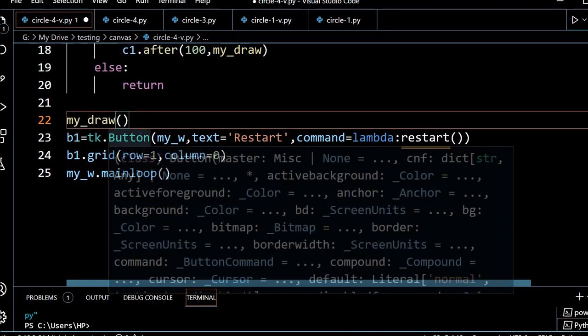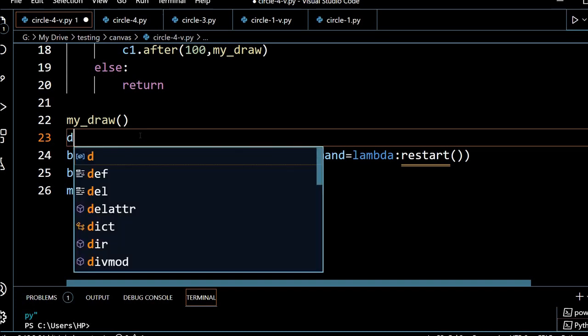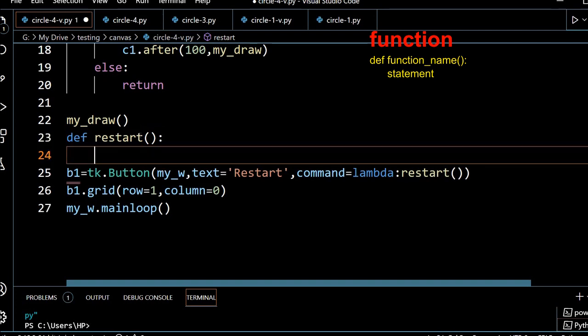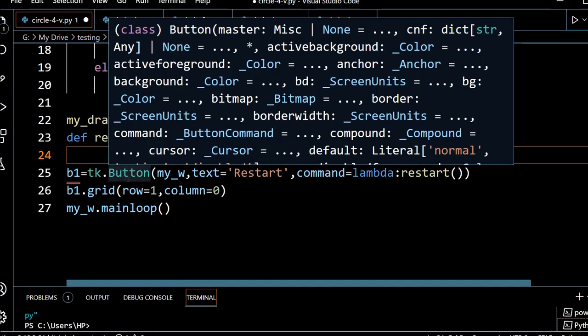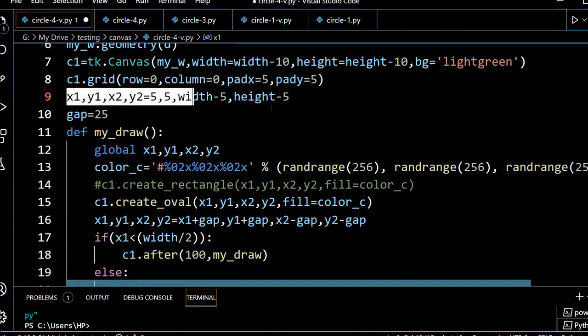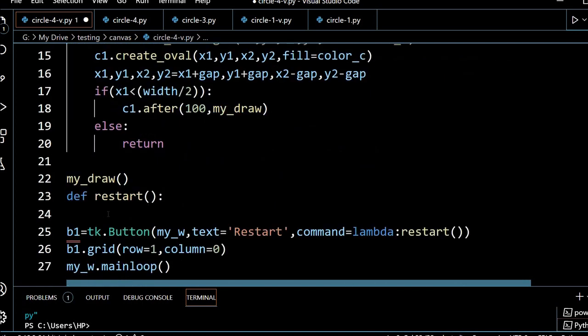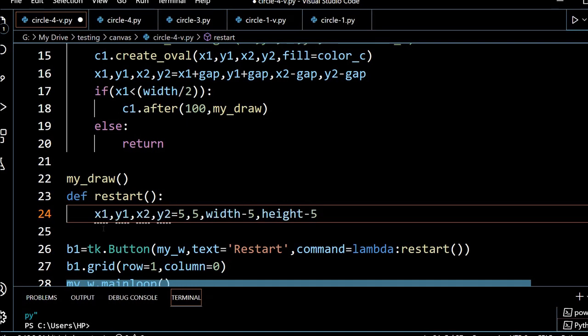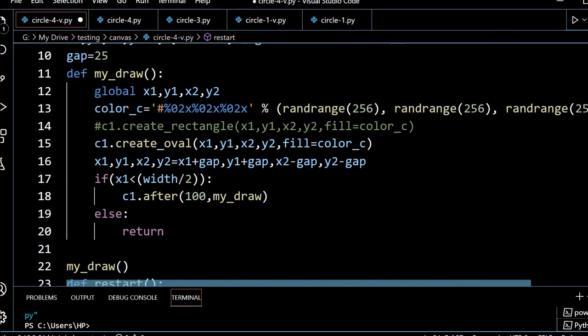Now I will create the function here. Now define my restart function here. My restart has nothing else to do, only x and y, x1, y1, all these values are to be reset to their original values and call the function again. That much only. So for that, instead of typing, I will just copy this. Now copy all these values here, and restart means I am saying reset x1, y1, bring it to the original value. But before that, I must declare global, because these are not local variables, I will access them.